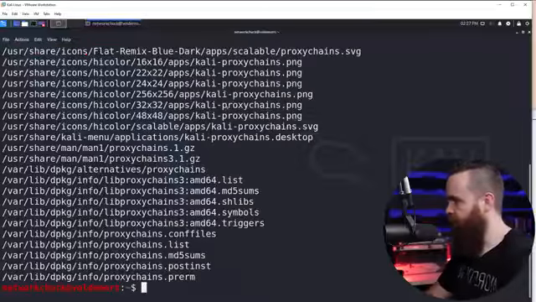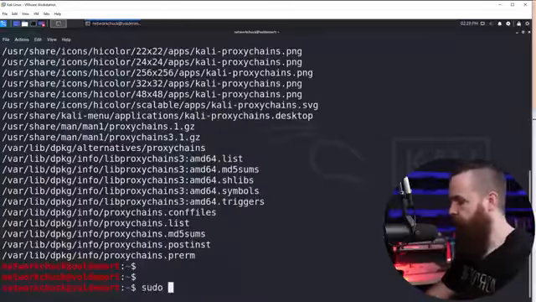/etc/proxychains.conf. The reason we use this command is yours could be in a different spot. This will help you find it. And this is the file we're going to edit. So I'm going to jump in there. I'll do sudo, and I'll use Vim as my editor. So I'll hit vi, and then I'll put my path in. /etc/